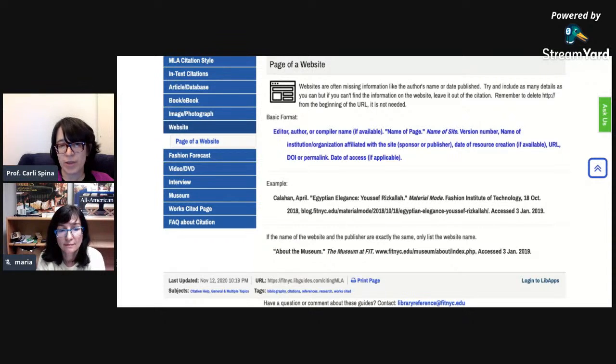The question of whether that citation would be in a footnote or not is really down to which style you're using. If your professor told you to use APA style or MLA style, you would provide a citation regardless of whether it was an exact quotation or a paraphrase, but it wouldn't be in footnote format. It would instead be in the parenthetical format. So it really does depend on the style.